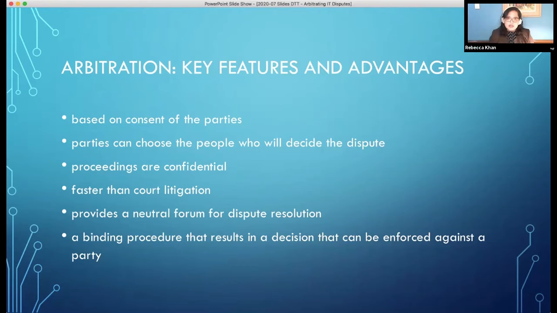So when it comes to IT disputes, you want a rapid means of resolving the dispute, and arbitration offers a faster